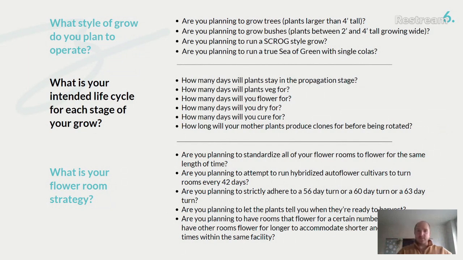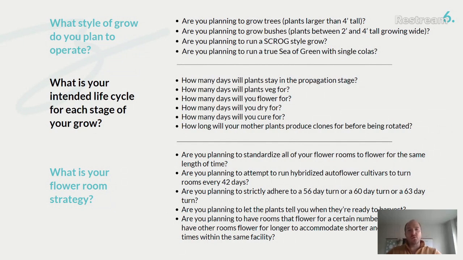We veg for a certain length of time, and from there we immediately go into flower, so that we have each room maximally effective. I see a lot of facilities that I try to improve upon, where they're growing the floor, or they're growing the table, where we've got space that is not canopy that they're shining light on and cooling and heating and all that, which to me I just see as tremendous waste.